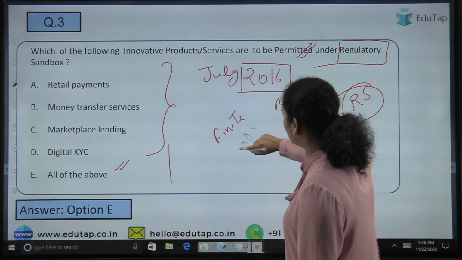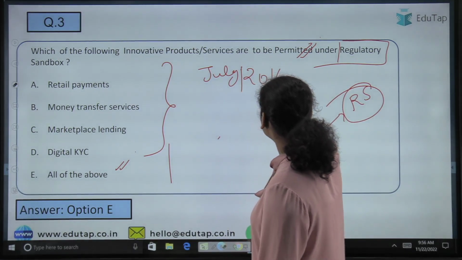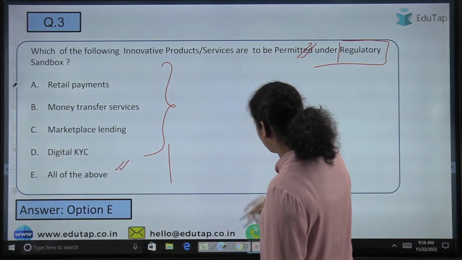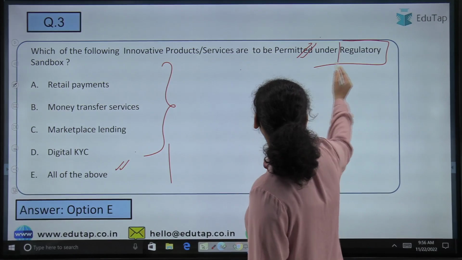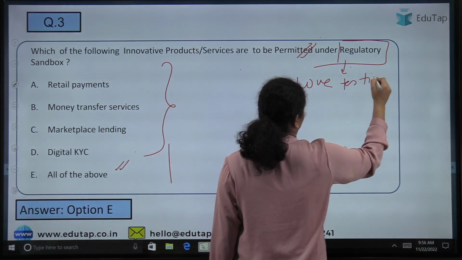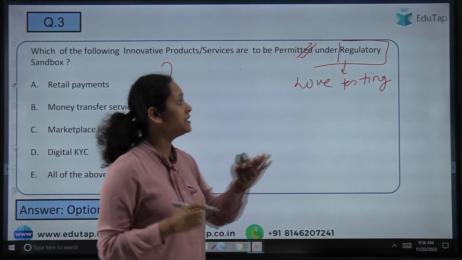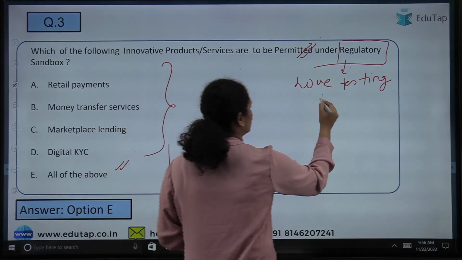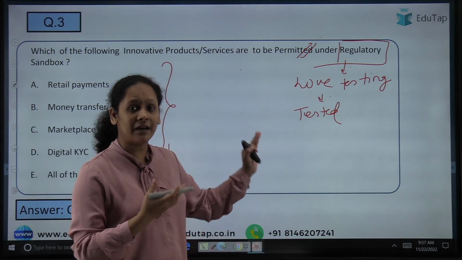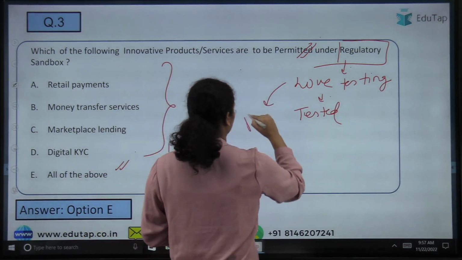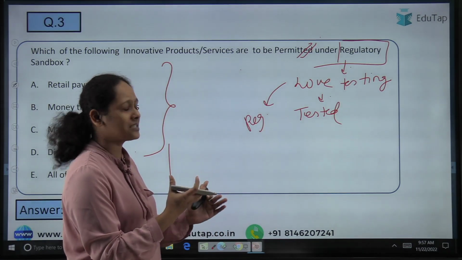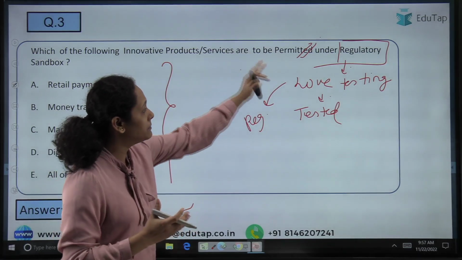And what is a regulatory sandbox? See, a regulatory sandbox is an environment which provides live testing of various services and products. It is a live testing environment wherein products and services can be tested. And who provides these environments? These environments are provided by the regulatory bodies. And these regulatory bodies give certain relaxations for a certain period of time to the people who are involved